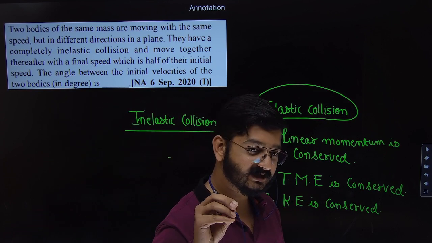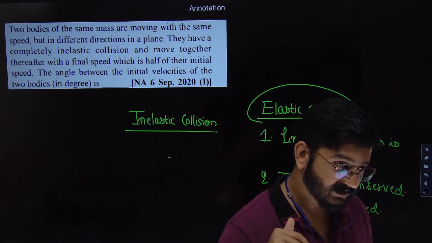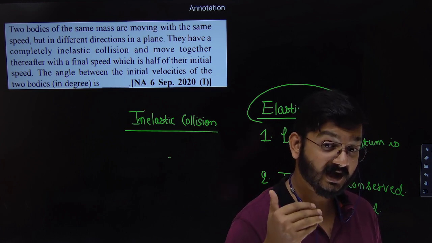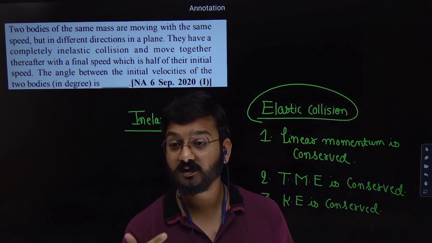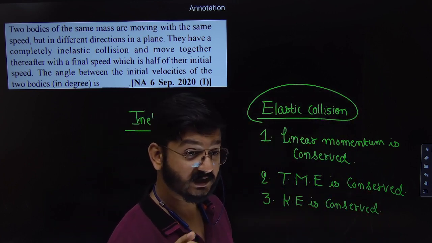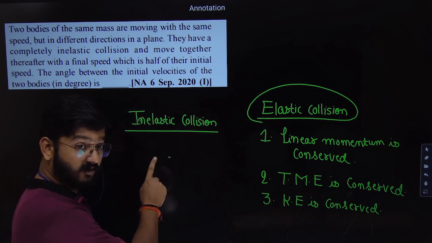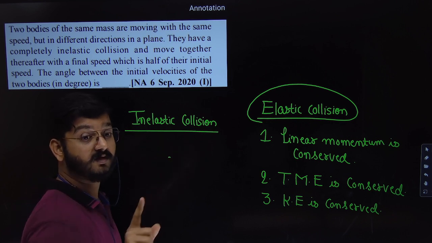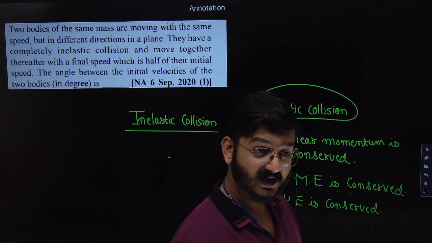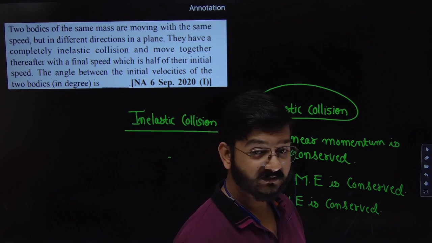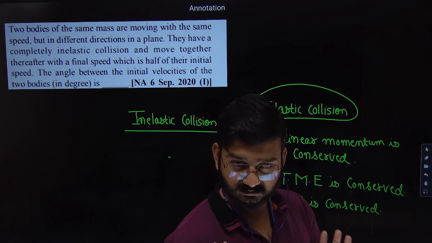So what is happening? When I say there is a dent on the car, what happened? The kinetic energy of the truck has been converted into the elastic potential energy. Whenever there is a change in shape and size, which energy is coming into picture? Elastic potential energy. So what do you understand from this statement? The kinetic energy of the system in this collision will not be conserved. Some amount of kinetic energy will be converted into elastic potential energy, or in the form of heat, or in the form of sound. When collision happens, sound comes.